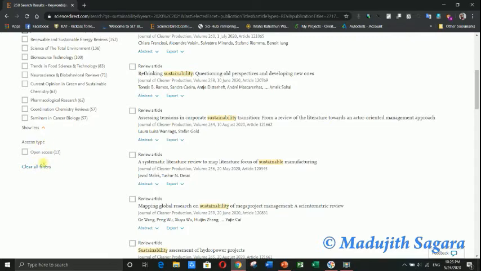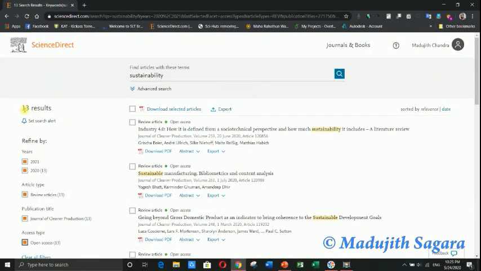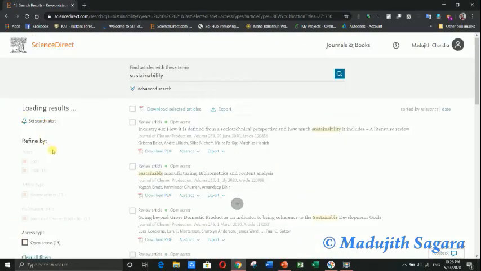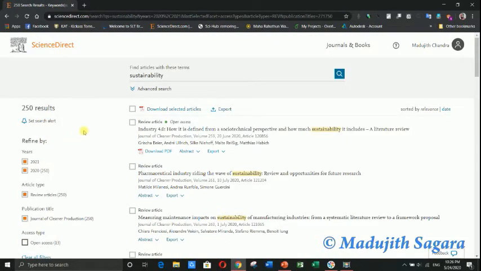And also you can filter it using the access type. It means open access. If we are clicking it, it will be only 13 papers. In most cases we don't need this access type, because when it is not open access we can download it using so many predatory platforms such as SCI Hub and so many. I am not telling it because they are not legal. Then I will tell you the way of achieving it. Okay, we will come to this one.